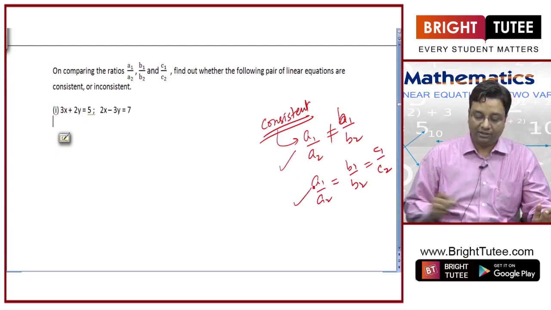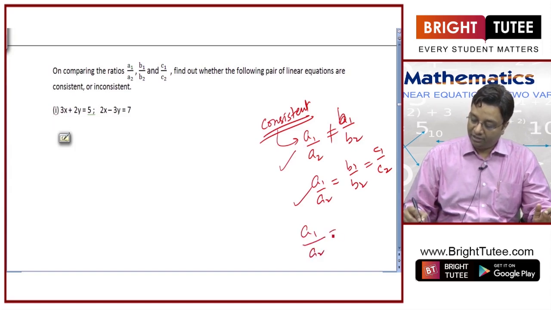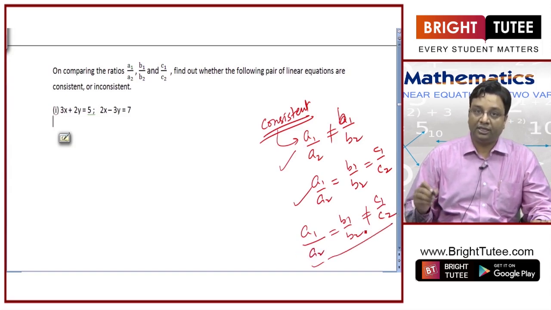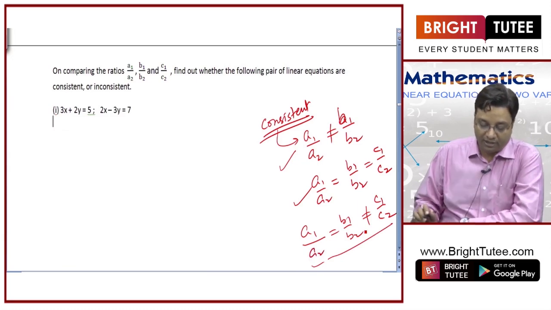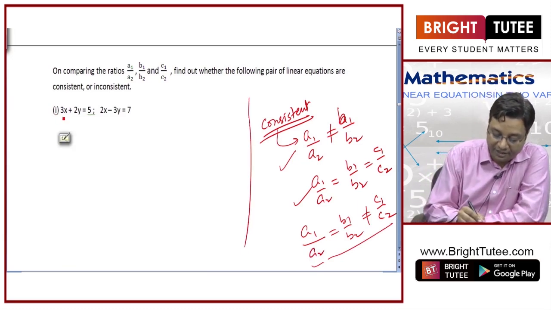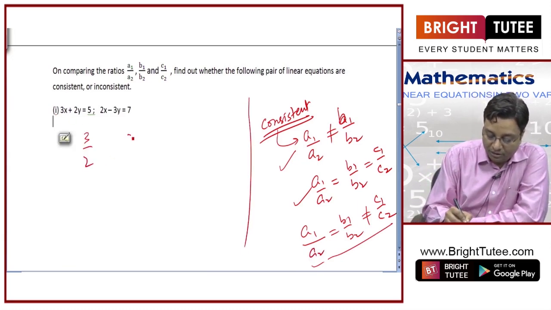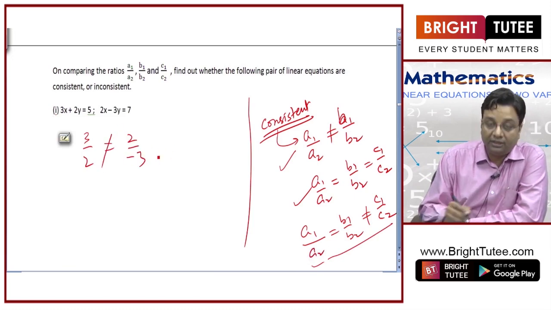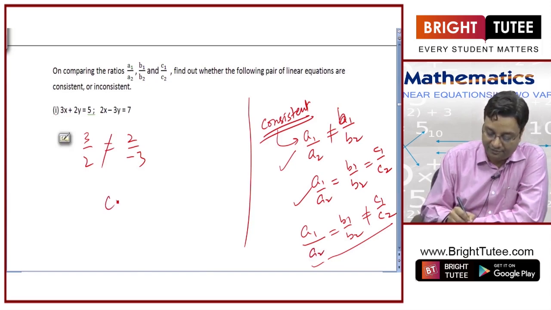So in these two cases, we will have consistent lines, and in the third case, where a1 by a2 is equal to b1 by b2, but it is not equal to c1 by c2, these are parallel lines, so inconsistent. So let us look at these. Here in the first case, 3 by 2, 2 by minus 3, obviously these are not equal. So these lines are intersecting lines, hence consistent,